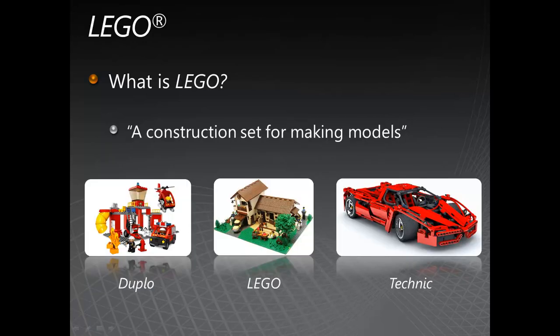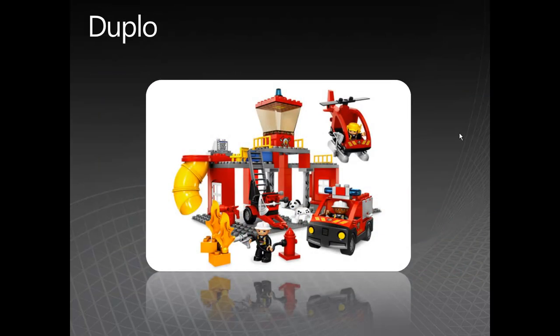Let's consider Lego. So what is Lego? Well, Lego is a construction set for making models, and it comes in three forms. So we have Duplo for small children, Lego for slightly older children, and Technic normally for their parents. So if we consider some examples of some Lego models, this is an example of a Duplo model. So I believe here we have a fire station, and you can see it's fairly simple and easy to get